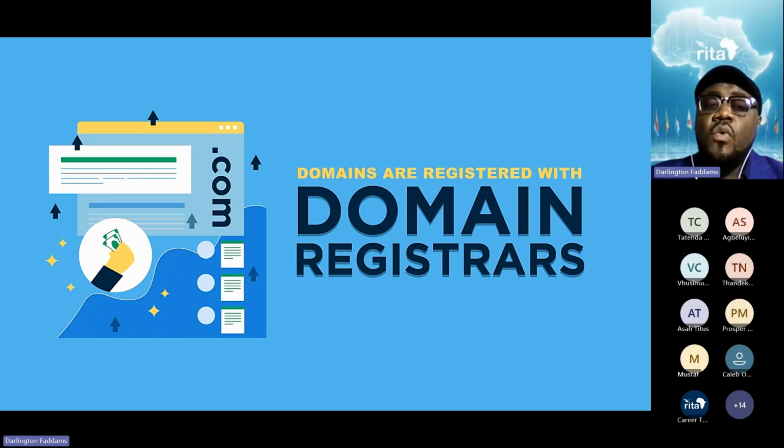They are the ones who can help you get a domain registered. And the moment the name is registered, it is registered globally in the whole wide world, and the name will be registered in your name. This means that you are the only one who has access to the name and control over the name.